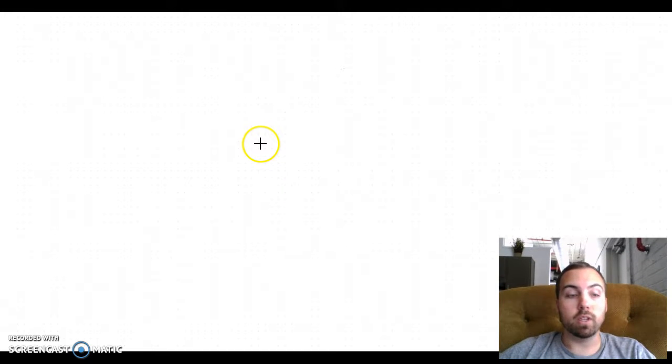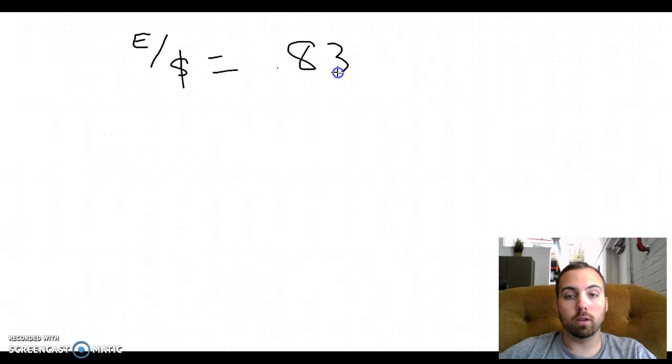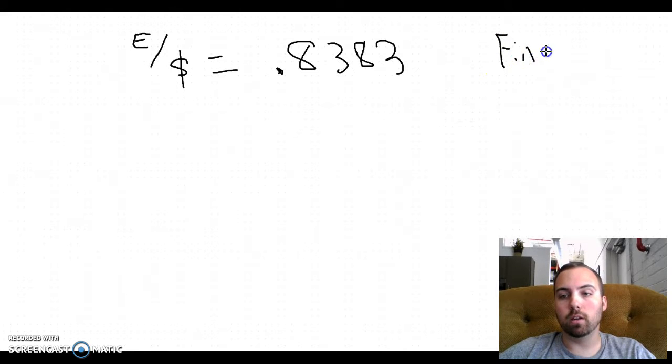So initially we're given how much $1 is equal to euros. So it'll look like this accordingly. We have euro over the dollar is equal to 0.8383. Like I said, this reads as $1 is equal to 0.8383 euros. So what we're finding, pardon my handwriting, is how much euros will equal a dollar. So we're trying to find